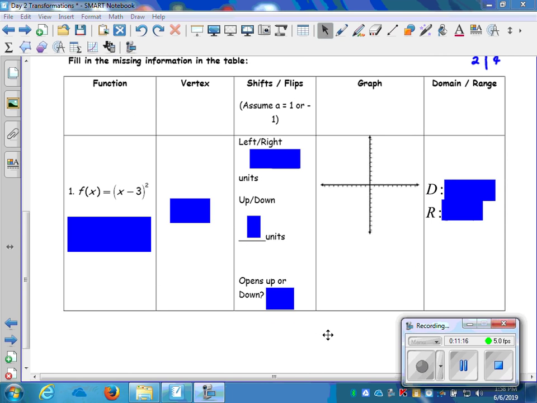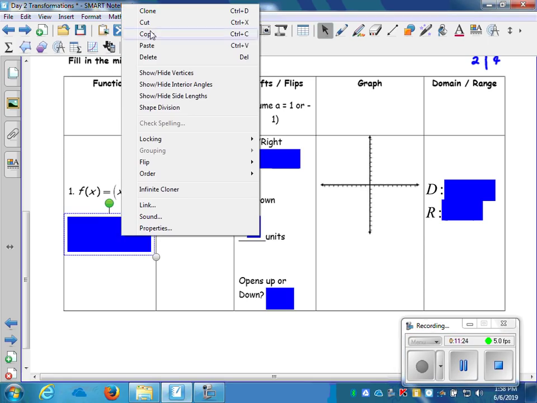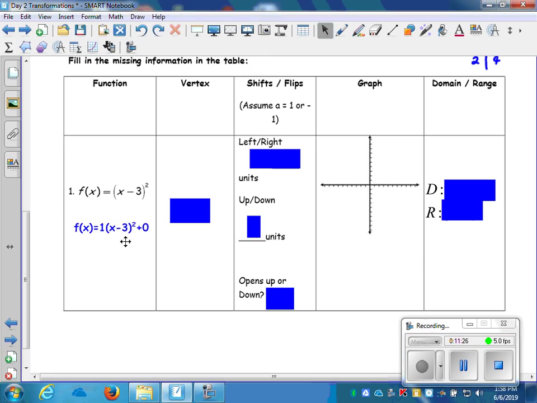Let's go ahead and take a look at an equation that's been transformed of a quadratic. So I have the quantity x minus 3 all squared. I can rewrite that using the a value, the h, and the k. What that indicates to me is that I don't even have a vertical shift at all. I do have a horizontal shift of the parent function, and because it's minus 3, I'm only looking at that 3, so that's going to move 3 units to the right, and the 1 says there's no stretch or shrink